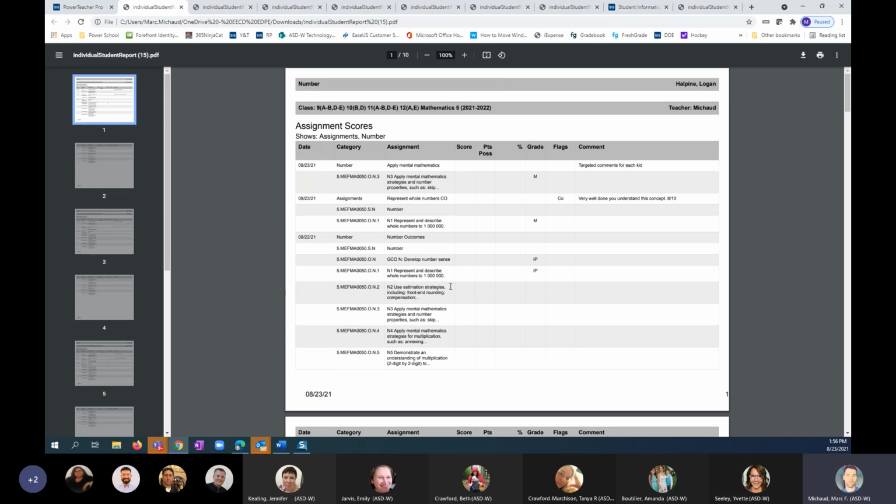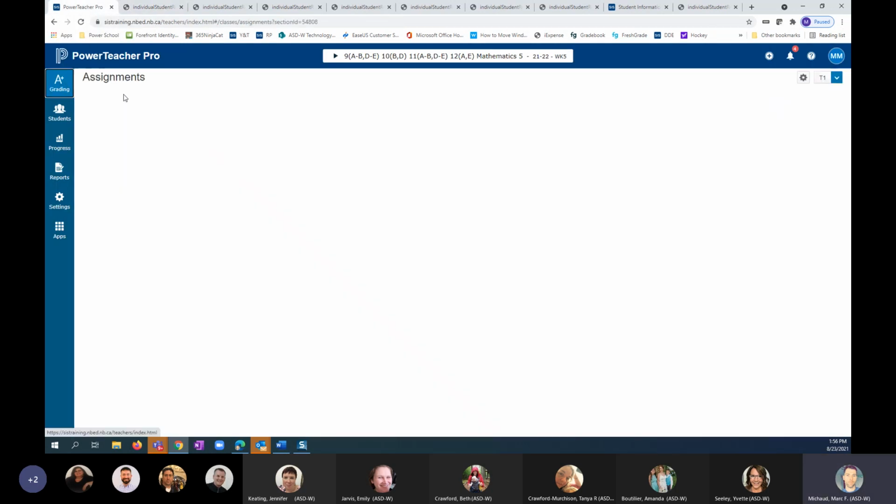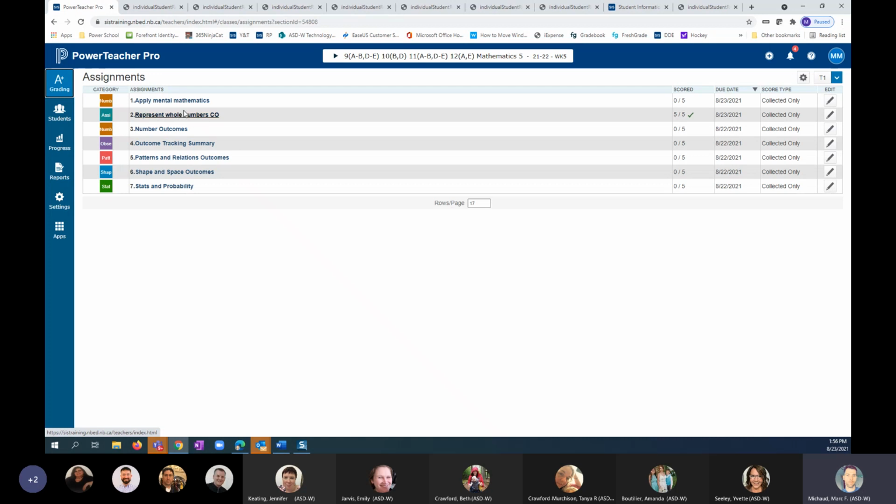So what we're trying to avoid here by putting a score is getting the grade scale that's being converted automatically. So by putting collected only, we're only going to see anecdotal evidence in here. So the nice thing about having an assignments category is that you can run a report that has all the assignments that you've given. And from those assignments, you can then open up